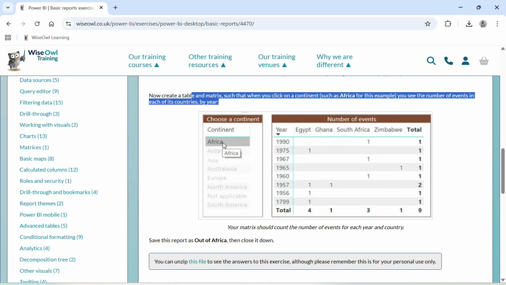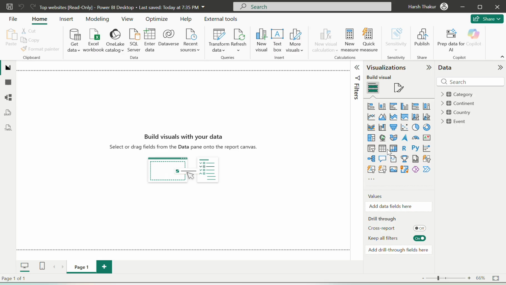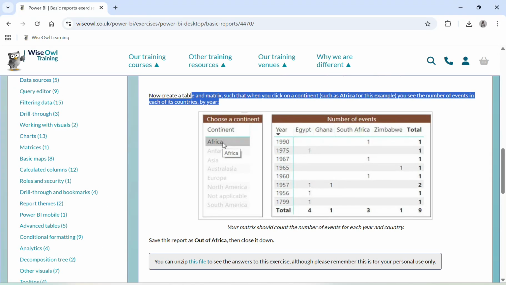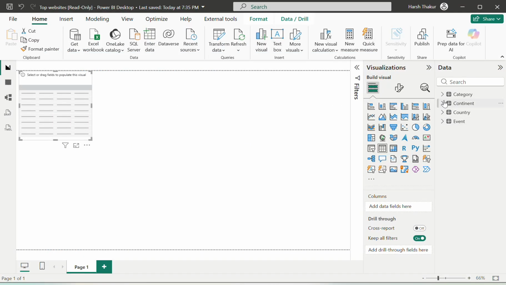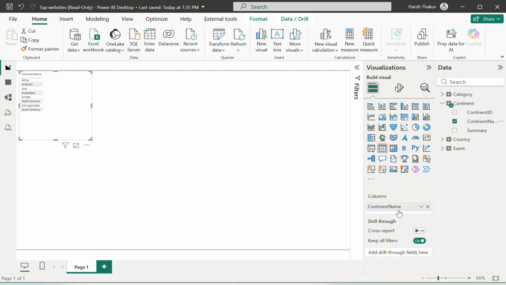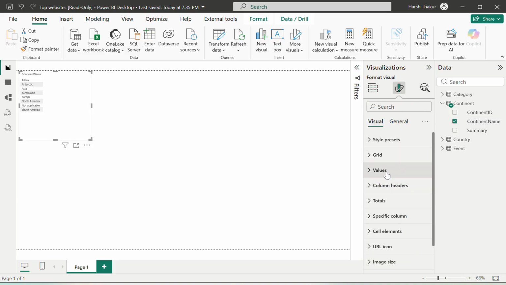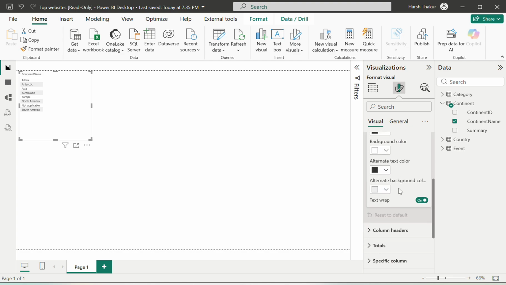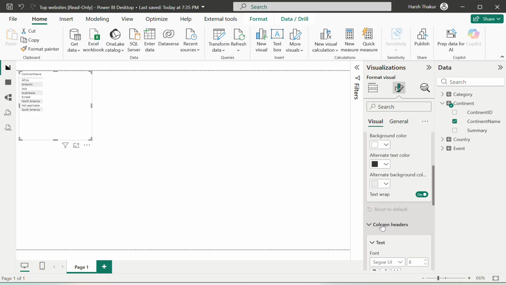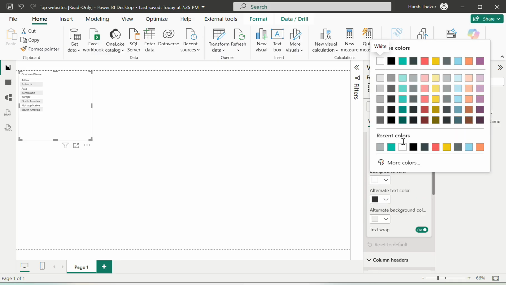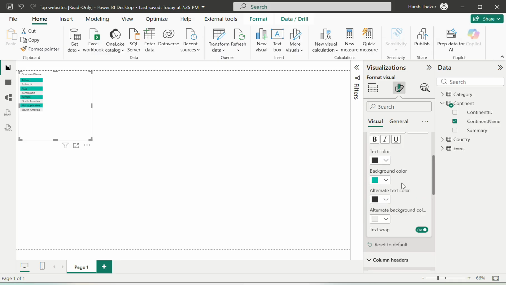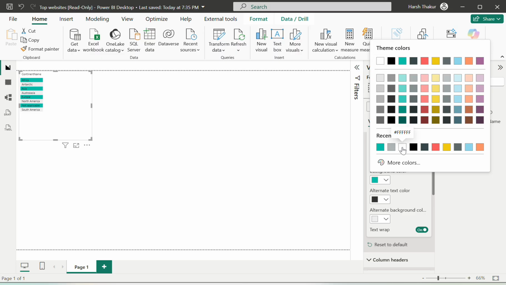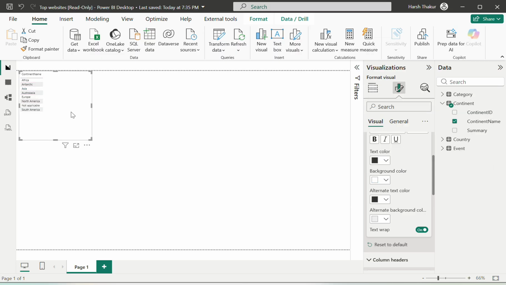Then let's check what we can do. We can add one table here where we will be just showing the continents from the continent table, the continent name, right? And I can do this as column header, not the column header, but the background color as this. If okay, leave the background color, leave it as white only, and then I will take one more table where